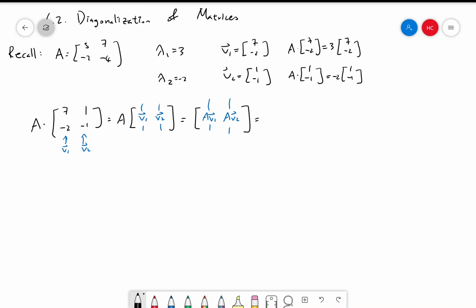And because V1 and V2 are eigenvectors, AV1 is equal to lambda 1 V1, which is 3 V1, and AV2 is lambda 2 V2, which is -2 V2. And if you check, this is equal to V1 V2